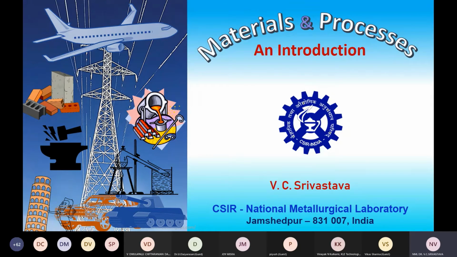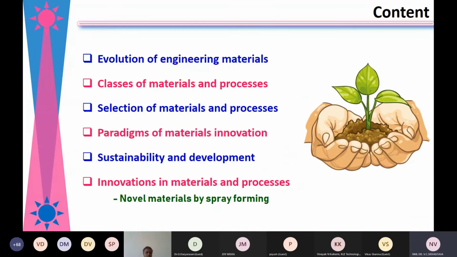Okay, so we will be talking about all these things next to us. The content of my talk will be the evolution of engineering materials, how the materials evolved through ages, what the different material classes and processes are, and the databases we have for all the materials and processes. Then how we can select these materials from these databases, and then obviously there are material innovations, new materials coming up. So we will have a look at the different patterns and paradigms in new materials development,